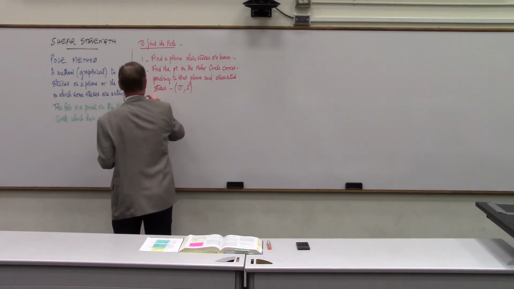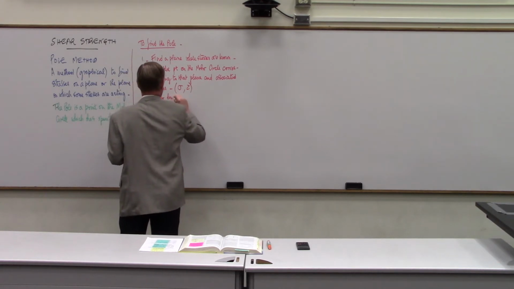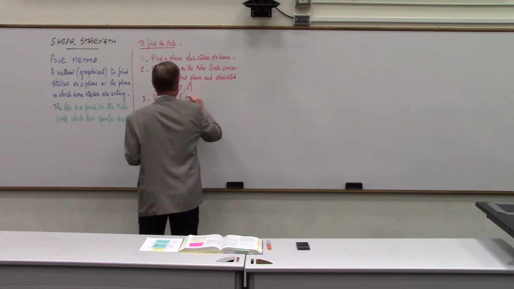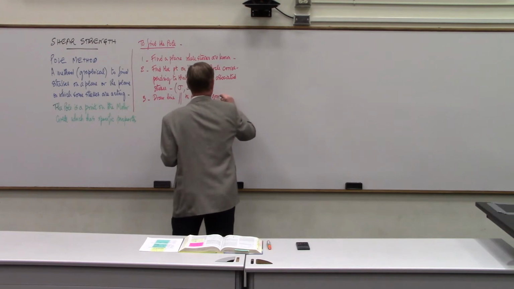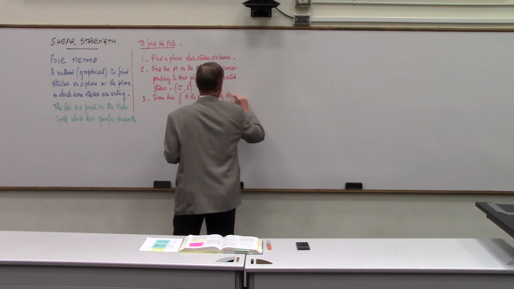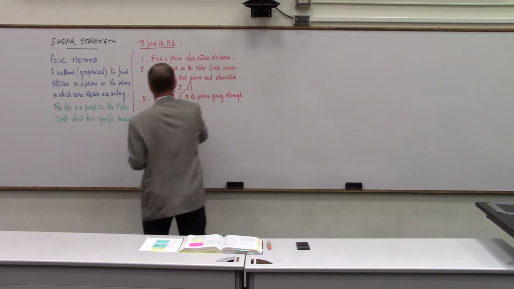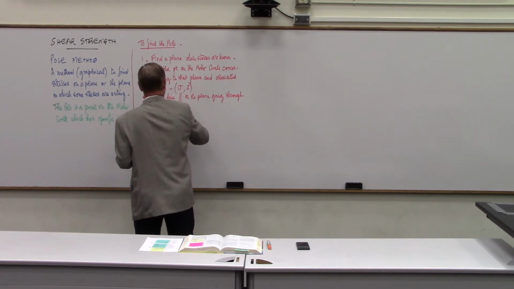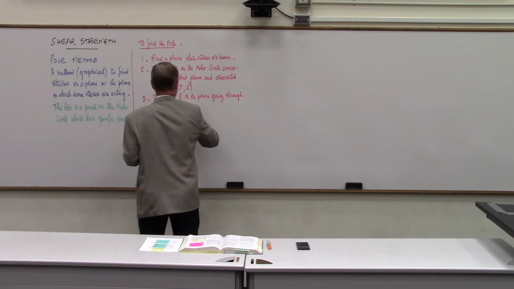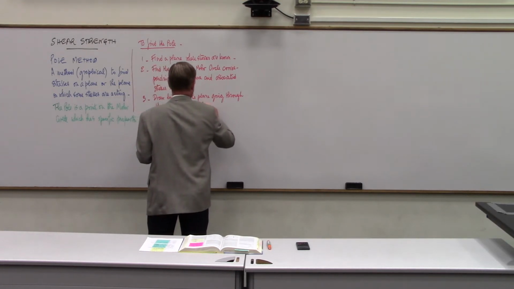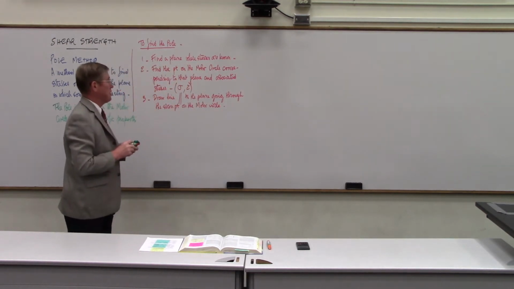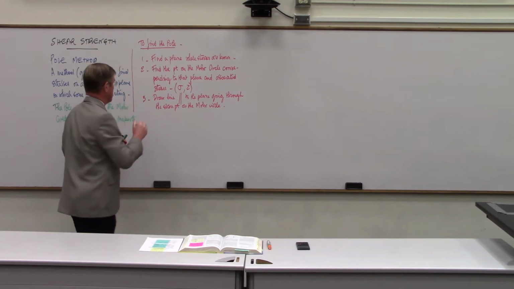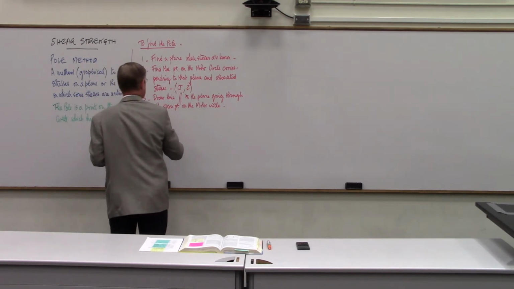So we find that point, then we draw a line parallel to the plane, going through the stress point on the Mohr circle. Okay? So now we have a plane, we have the point on the Mohr circle, and to find the pole,